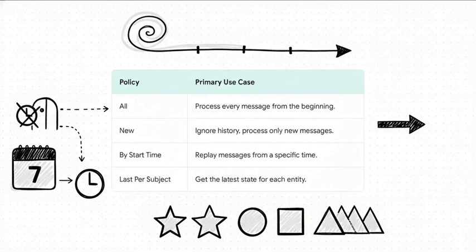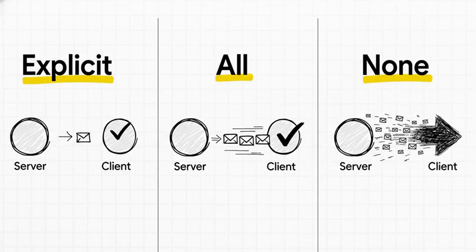And last per subject is absolutely perfect for quickly getting the most recent state or value for a whole bunch of different things. Okay, acknowledgements. This is all about the classic trade-off between safety and speed. Explicit is the safest bet. You have to acknowledge every single message one by one, which gives you the highest possible guarantee that nothing gets